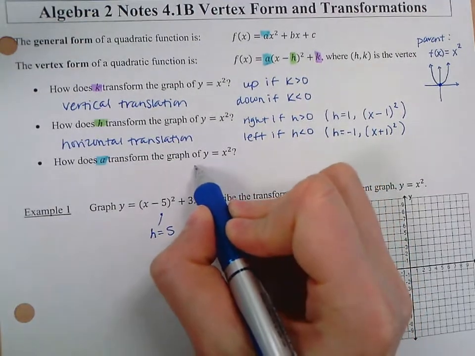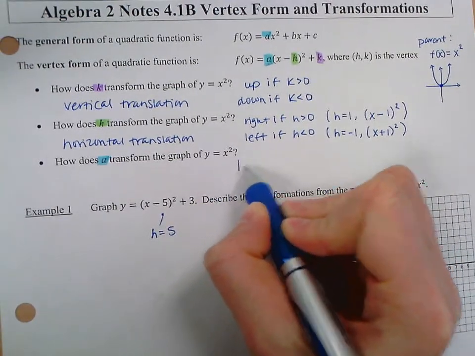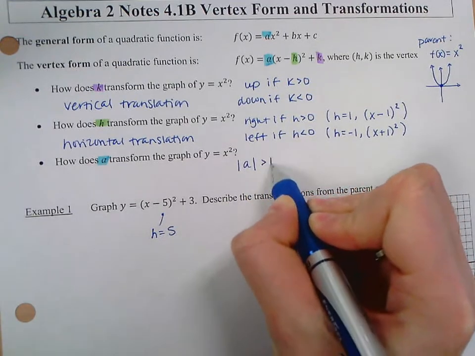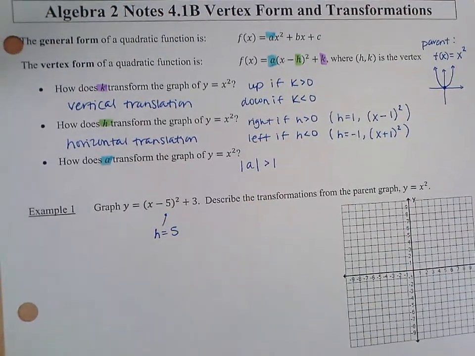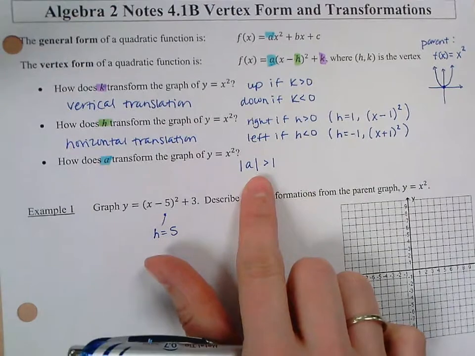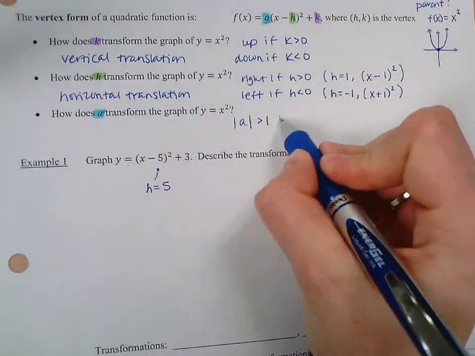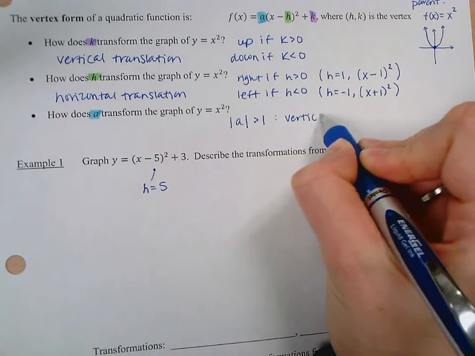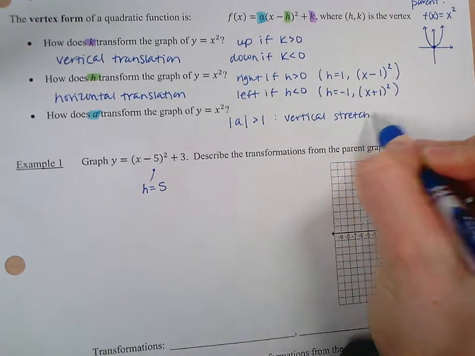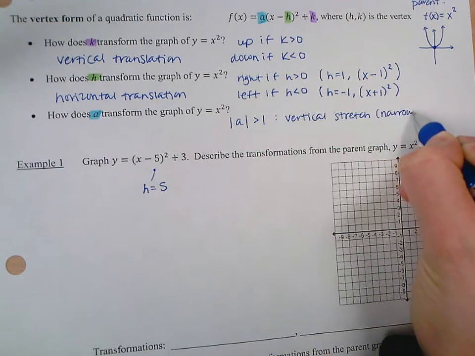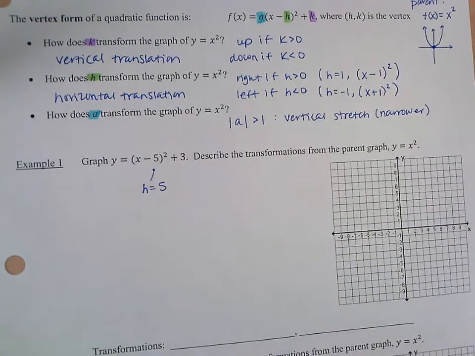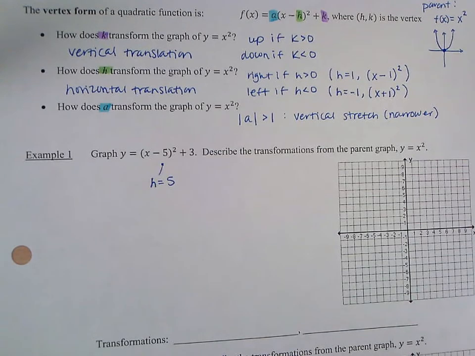So I'm going to write this way, though, that if the absolute value of a is greater than 1, because something else happens if a is negative. So I need to go back to my screen. If the absolute value of a is greater than 1, this creates a vertical stretch, which makes the graph appear narrower or skinnier, if you wanted to add that in so you know what that means. And then if a is a fraction between 0 and 1, so say it's 1/3 or 2/5 or 7/8,